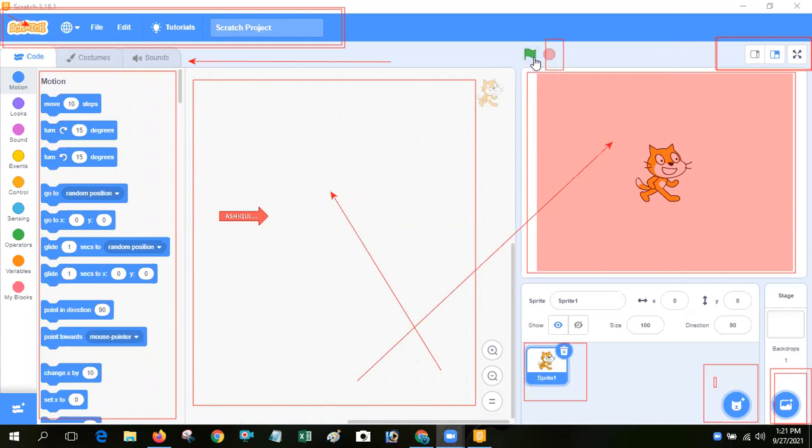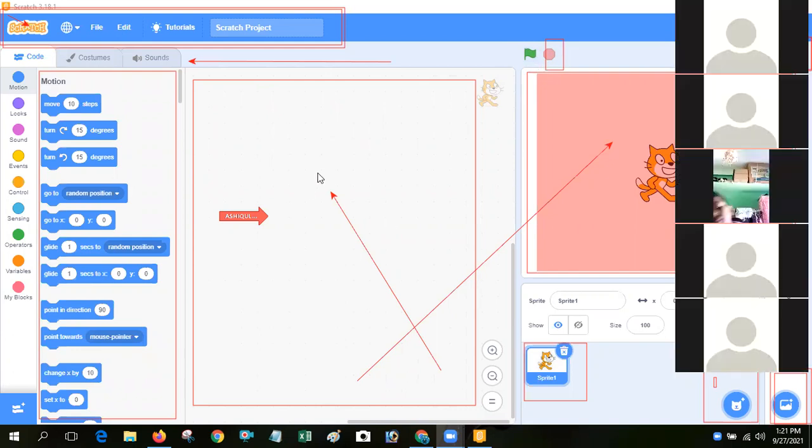And if suddenly you want to stop your Scratch program, then you can use the stop button. When you use the stop button, all the Scratch programs will be stopped in your computer. And when you click the green flag button, all the Scratch programs will run in your computer.